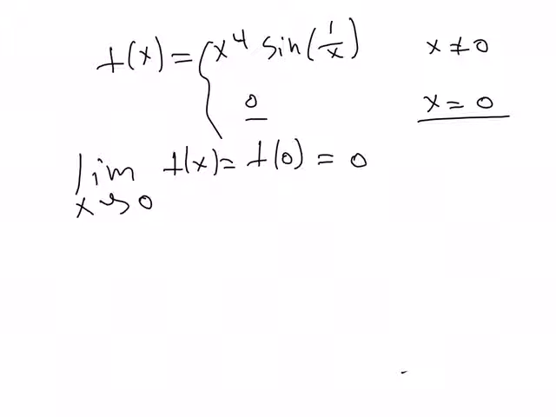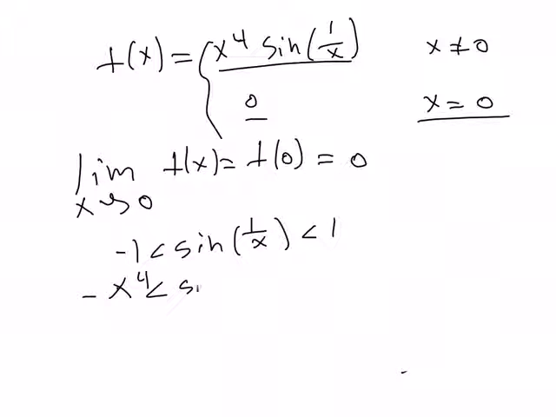Well, we know that sine of 1 over x is bounded by -1 and by 1. Basically, we're going to try to squeeze x to the fourth to find its limit, which we did before. So x to the fourth sine 1 over x is bounded by x to the fourth,